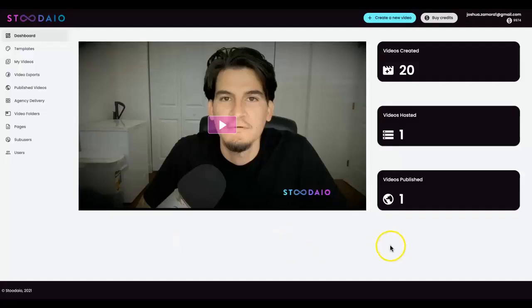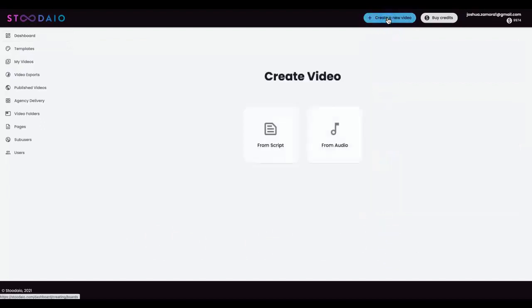So to get videos created, all you have to do is come in here and hit this blue button at the top. Now we do have two options. You can create videos from a script, or you can create videos from an audio. Okay, so if you already have a pre-recorded